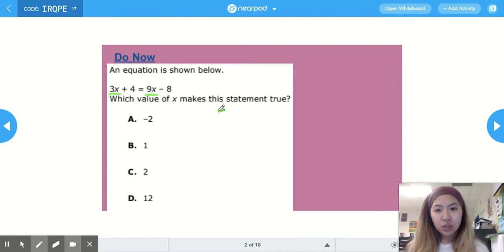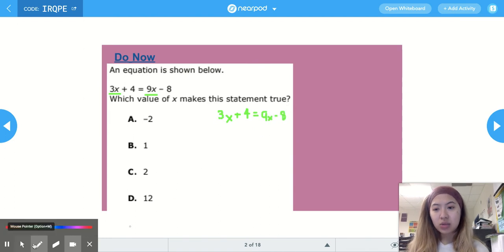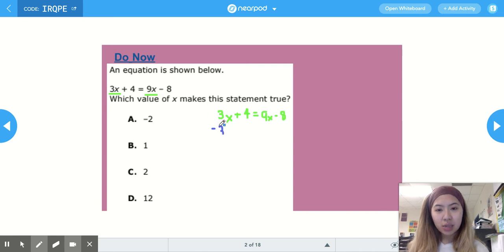So I'm going to first rewrite the equation. We have 3x plus 4 is equal to 9x minus 8. I'm going to first move the 3x to the right side. To do that, the opposite of adding 3x is subtracting 3x, so I'm going to subtract 3x on both sides. 3x minus 3x is 0, so then I'm left with 4 is equal to 9x minus 3x is 6x minus